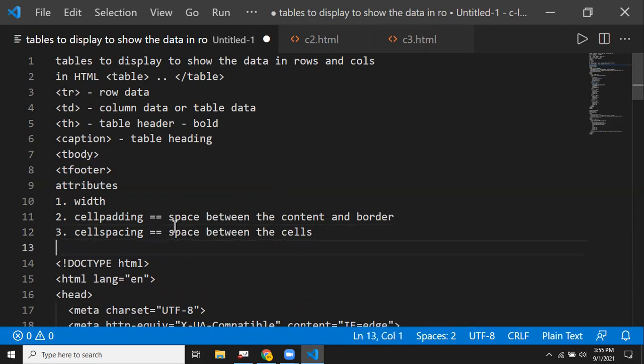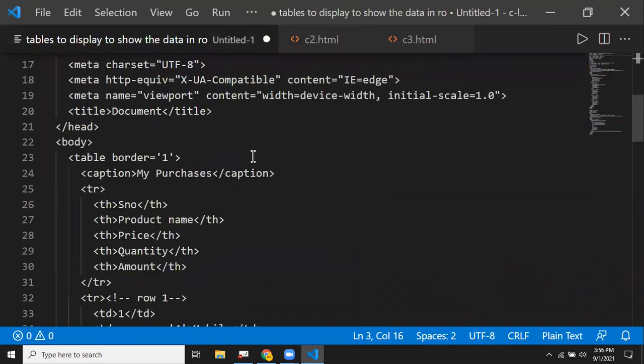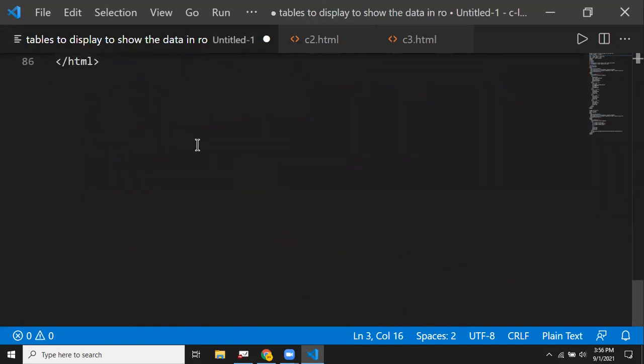Okay, so if you want, the cell spacing can also be defined. It depends upon your requirement, how you want the content to be displayed. You can use cell spacing and cell padding. I just copied that example over here.